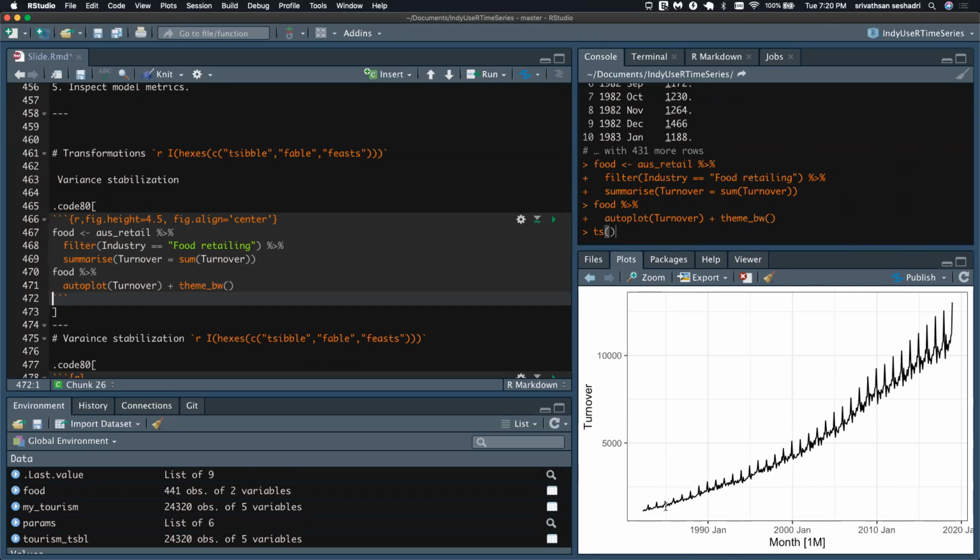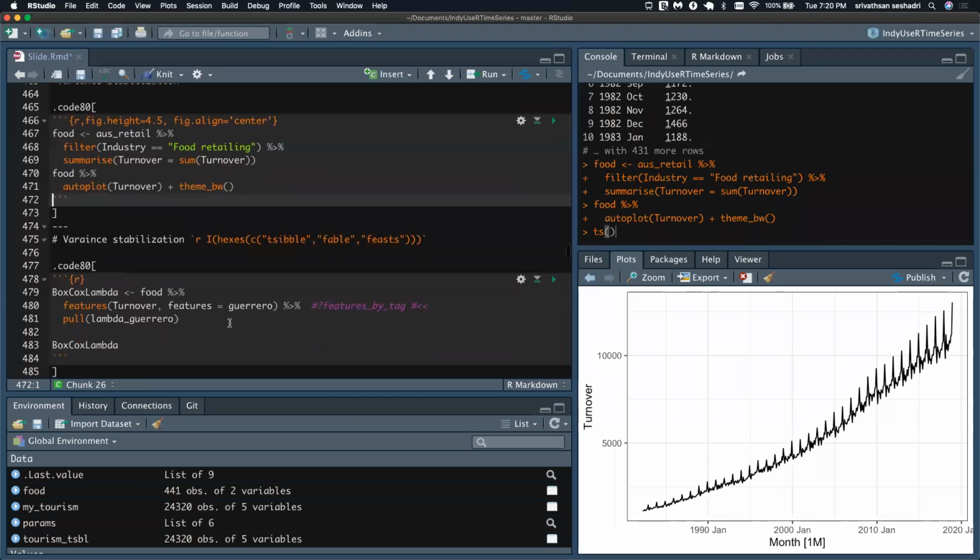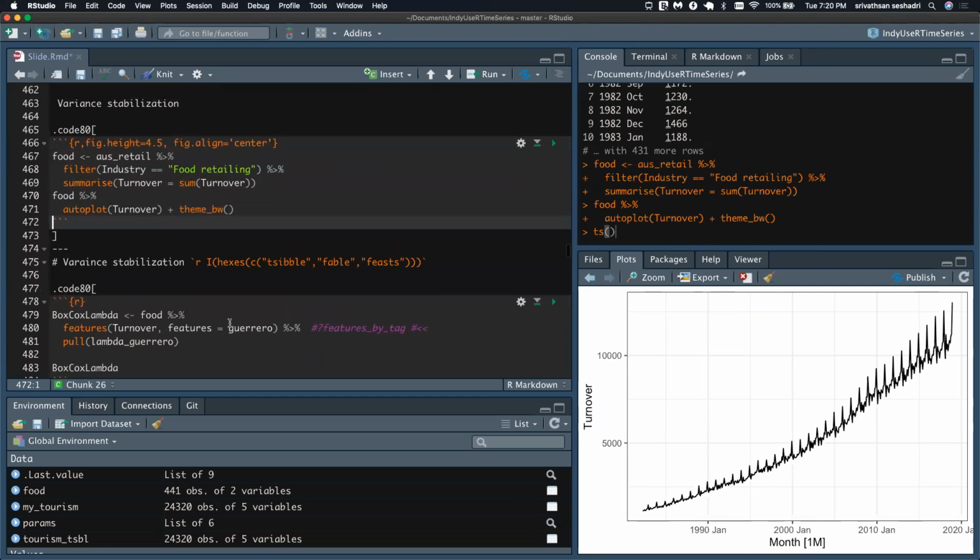You need to stabilize the variance as your trend increases. You need to make that a stationary time series. It'll invariably give you a better performance. The way you can do that is simply take the log of turnover.